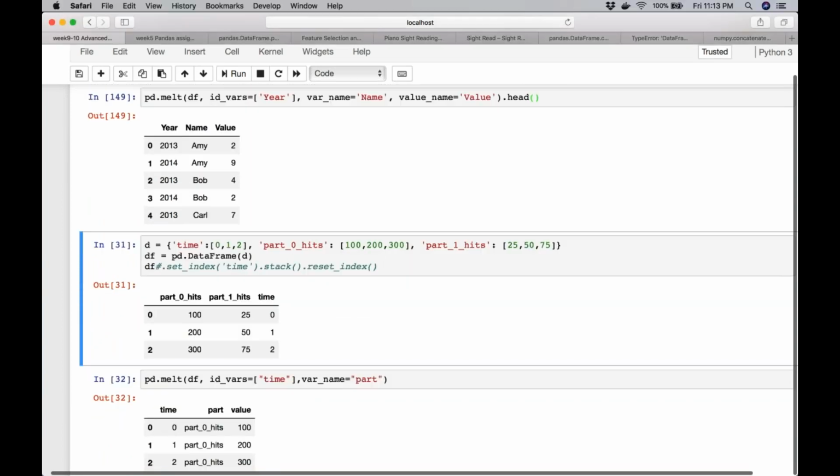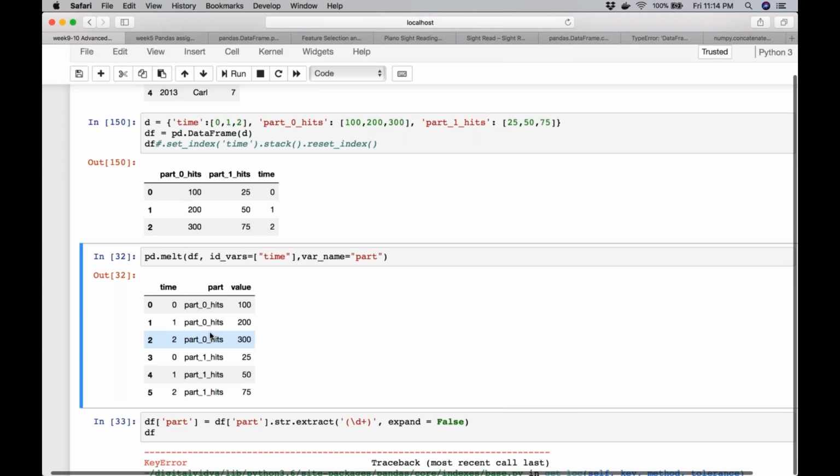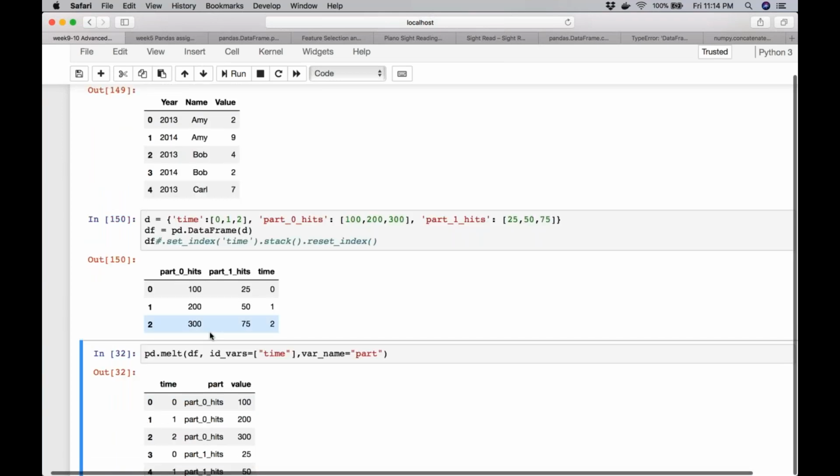This was one example I think I had seen on Stack Overflow. So let's say this was a data frame. I think somebody asked the question and I answered. So there's a part 0 and part 1, and then there is some corresponding time column. So I want this just to be a part column called part, and then 0 and 1. So how do you do that? You can say once again melt. So the ID variable should be the time, because that I want to be repeated, and then the variable name as the part. So I get this, right? So something very similar.